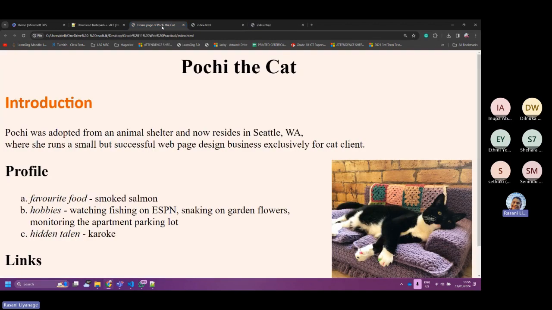Finished. Now, can you see this index.html? The name on top here. That's index.html. That's not nice. So why not we give the same name, Home page of Pochi the cat?